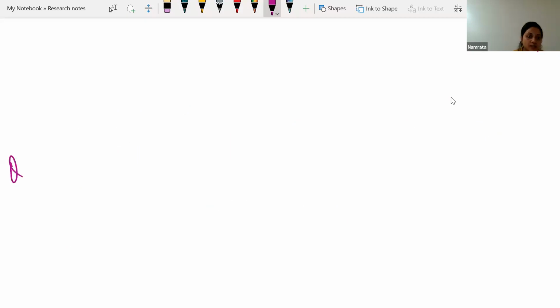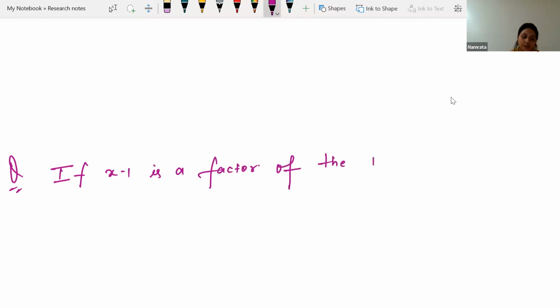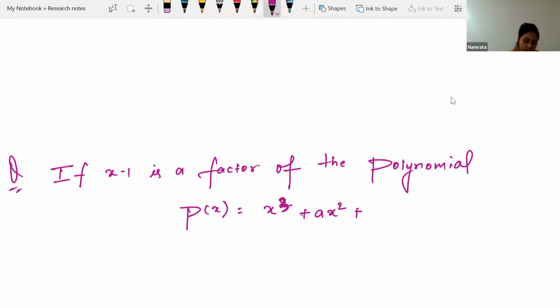Okay, so one of the questions is like this. If x minus 1 is a factor of the polynomial p(x) is equal to x cube plus a x square plus 2b, and a plus b is equal to 4, then